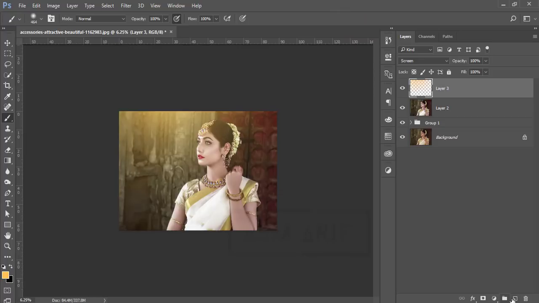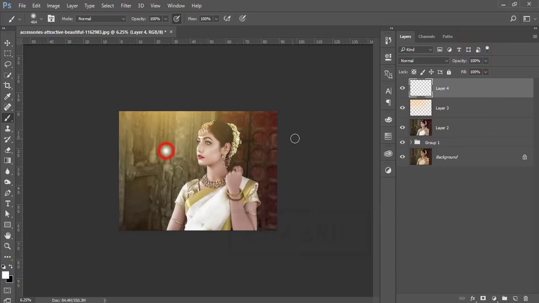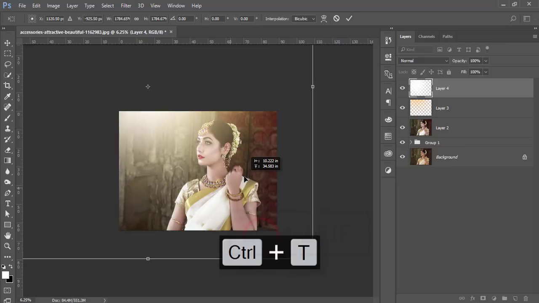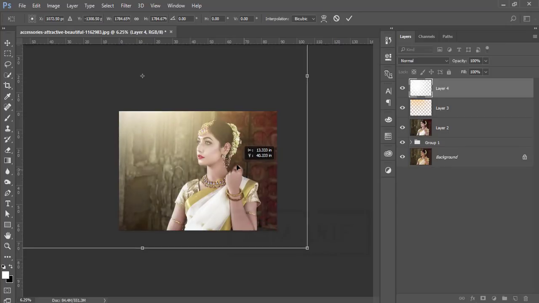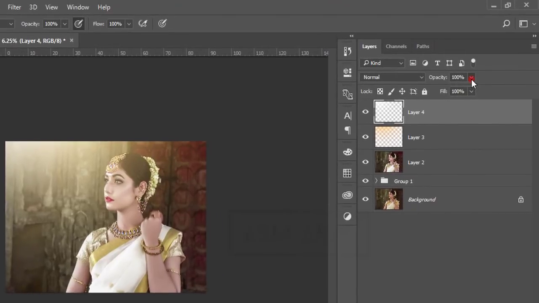and then take another new layer and make the color white, and hit OK and click once and press Ctrl T and make it more bigger. So that's fine, and adjust with that, and decrease the opacity of the white a little bit and the orange as well. So that's fine. And now go to the